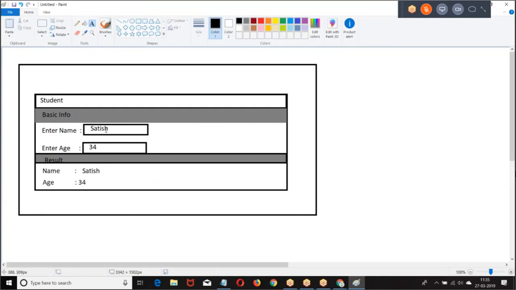When I enter the data, it should automatically be updated at the bottom. How is this possible?